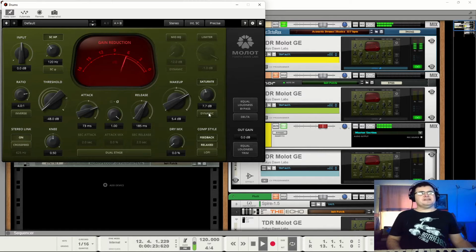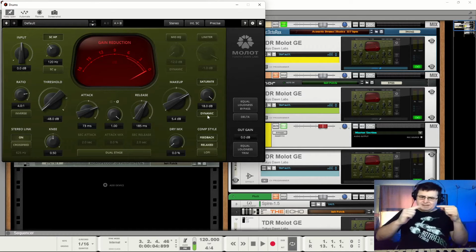You can add in saturation, which is not entirely a bad idea in this situation, or you can make that dynamic. By dynamic, that's just like a dynamic EQ, which means that as the signal in that area gets louder, it starts to drop. So in this case, it's the opposite of that. As the signal gets louder, it gives you more saturation. So quieter signals will be like this, louder signals will be like this.